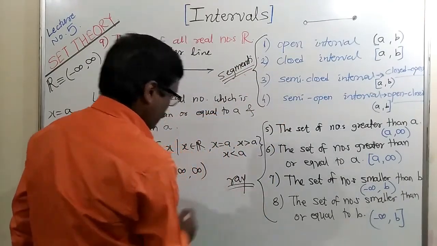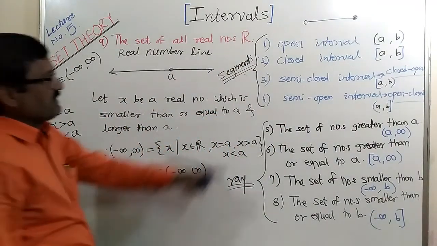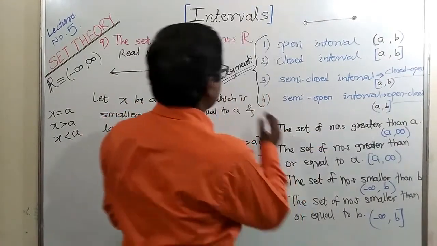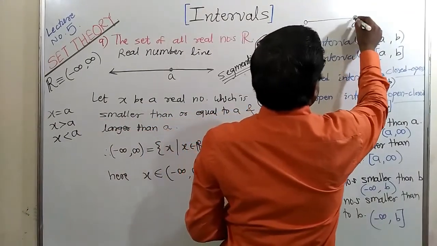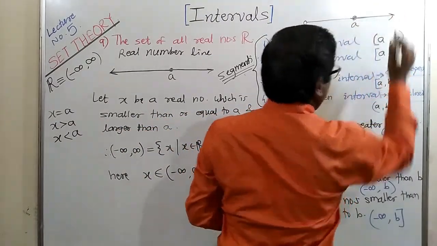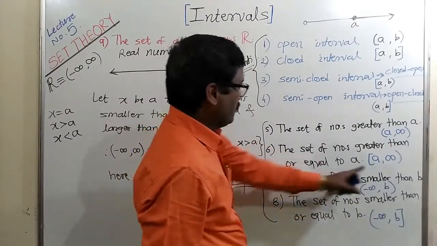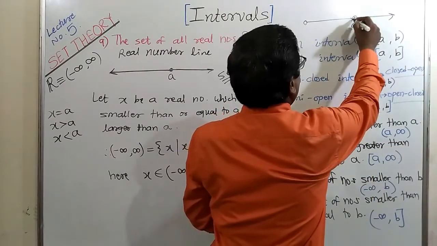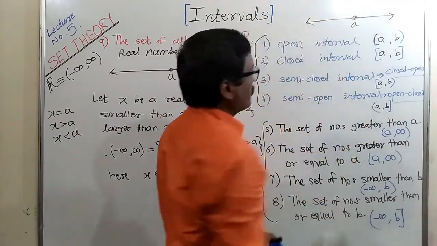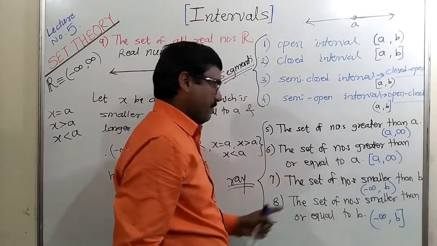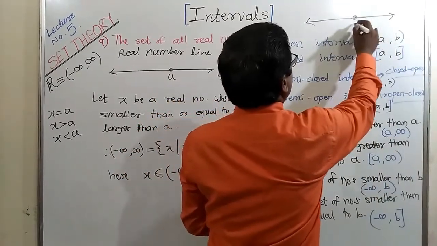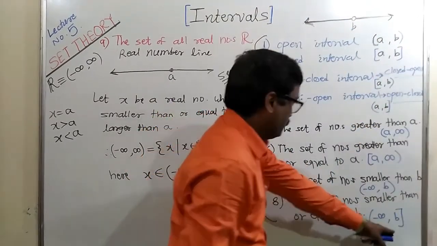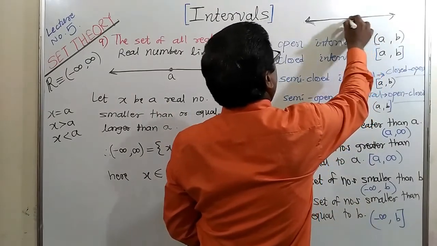If we look at these intervals geometrically, then these intervals represent segments, and these intervals represent rays, because a to infinity looks like this, a to infinity, so this interval is a ray. Then the second one, close a to infinity. In the first case it is open a to infinity; here close a to infinity means including this point. In this one, open negative infinity to b means if b is here, then it goes towards this left side, this ray. The last one, including b, means solid b and this ray.